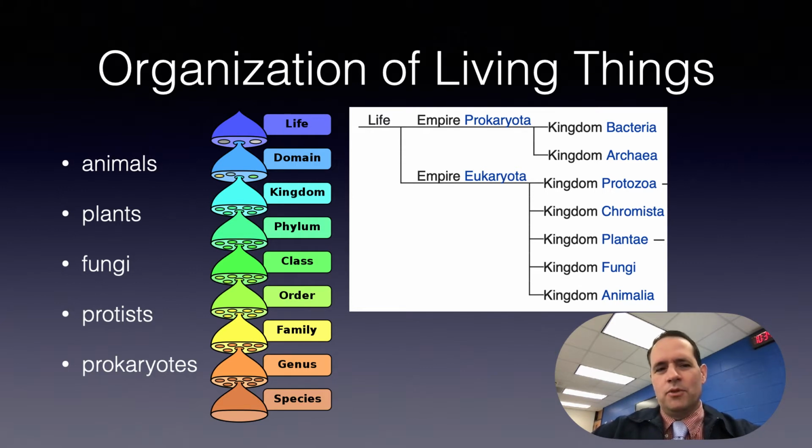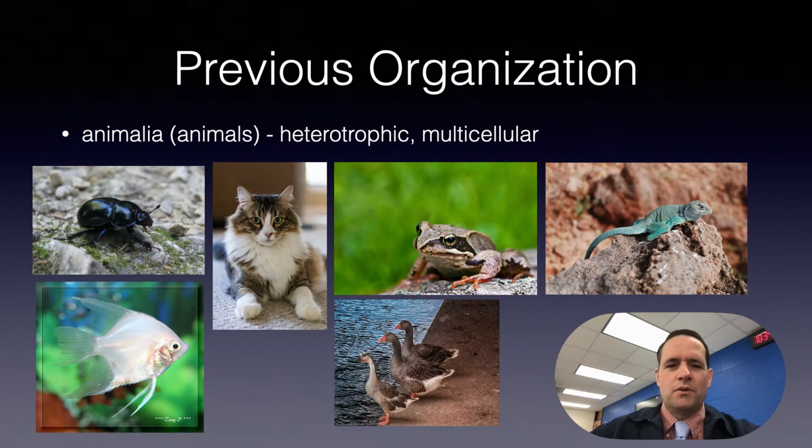we have animals, plants, fungi, and protists, and prokaryotes are the other thing we'll talk about in a second. We're very familiar with animals. Beetles, for example, or insects are the majority of animals on the planet Earth. You might think horses or dogs, but actually insects in general far outnumber the other organisms in the animal kingdom.